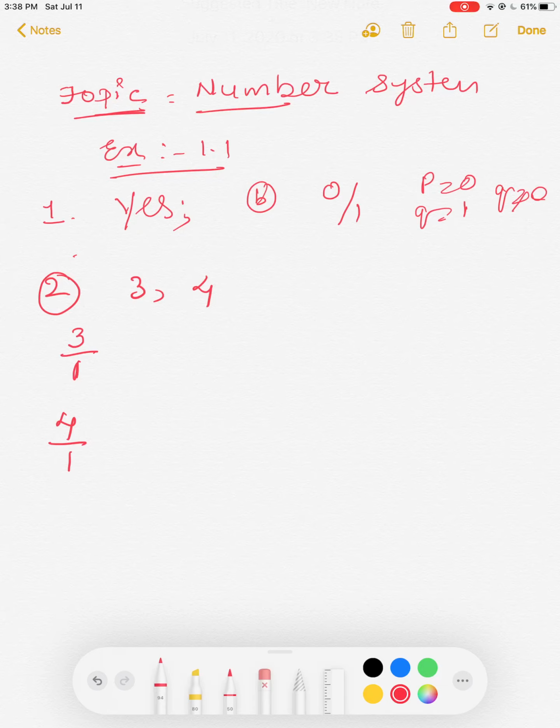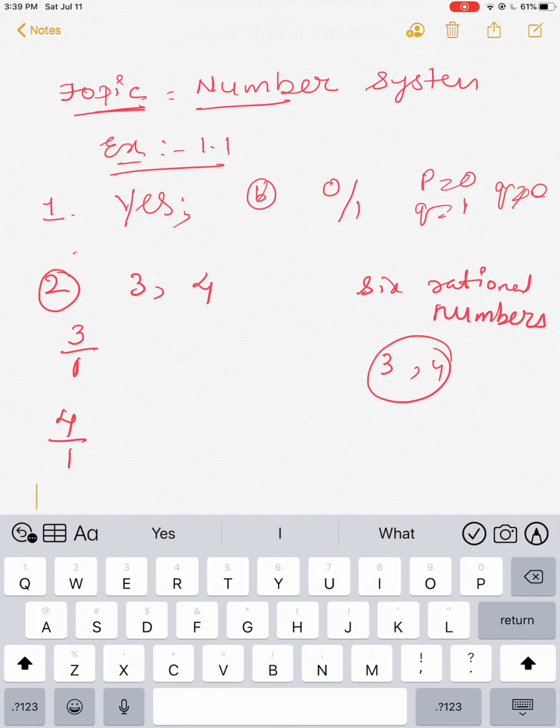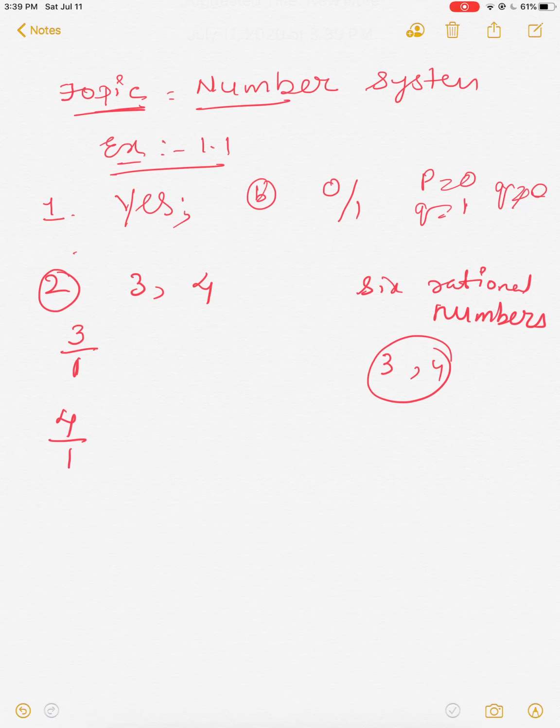Now you have to find out 6 rational numbers. If you see at the back of your textbook, you will be having different answers and I am getting here different answers. Why? Because if you take any 2 rational numbers, between those 2 numbers you will be having infinite number of rational numbers. So don't again message me that the answer is wrong. Okay, why? Because I will tell you.